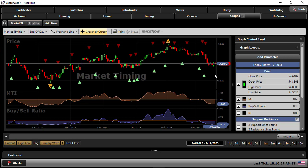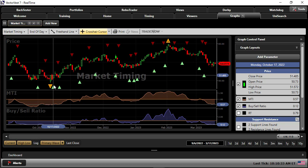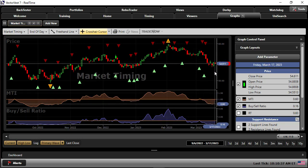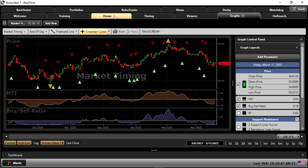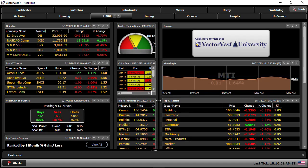If it doesn't happen today, like it didn't happen the following day on October 14th, let's see what next week has in store. Let's see what Monday provides for us. If the market moves higher than yesterday's close on Monday, that would constitute confirmation of yesterday's bullish engulfing. In fact, if I go to the home page and look at the color guard here,